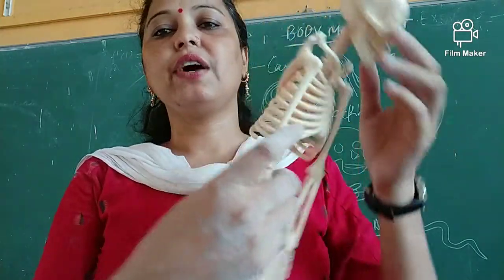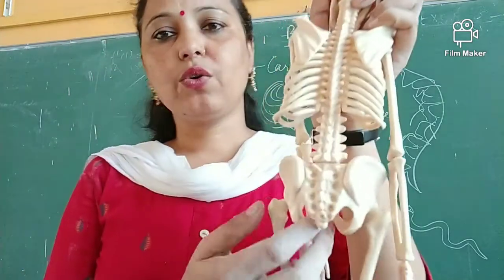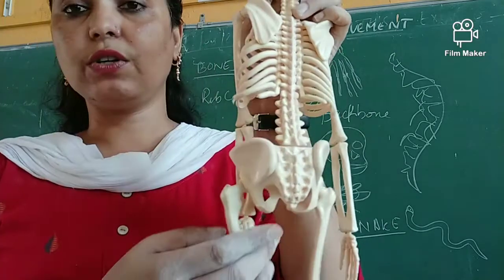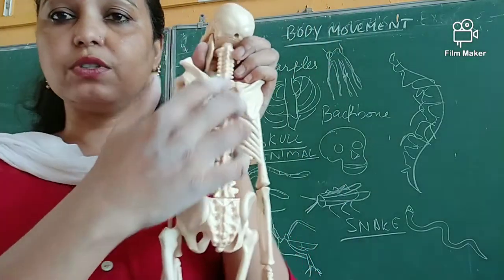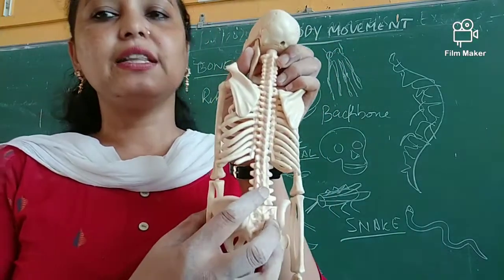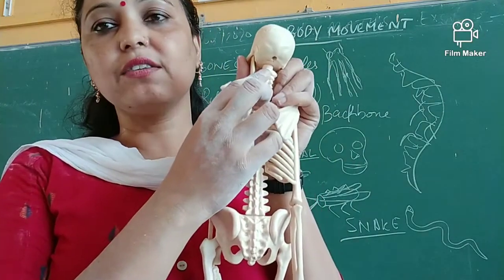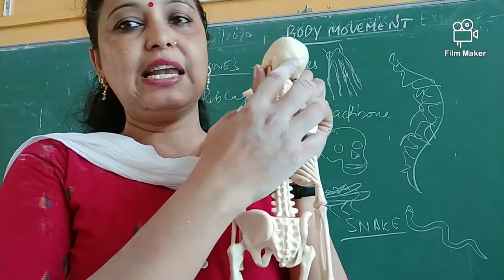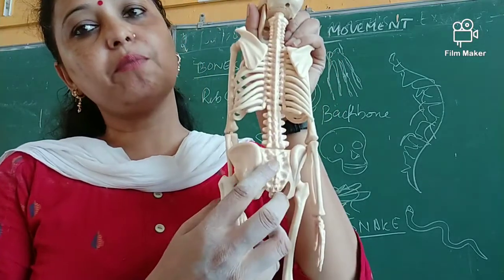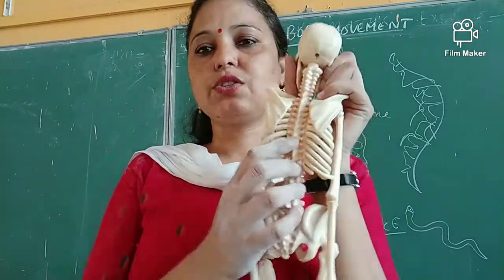And after that, on the back side, this is the backbone, which you can see goes up to the lower side, up to here. This is not a single bone. There are 33 bones bound together, and each single bone is known as a vertebra. The first bones are the axis and atlas. These are connected to your neck, which helps you move your head. So there are 33 bones bound together which help to turn and twist.